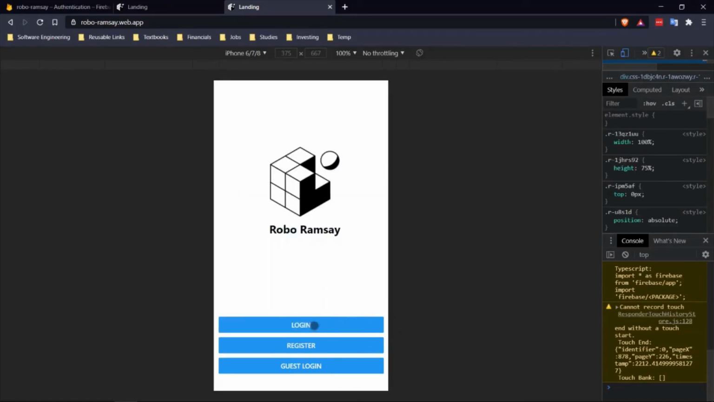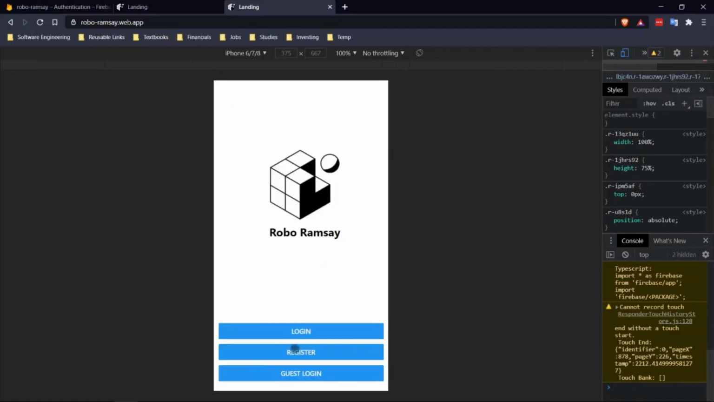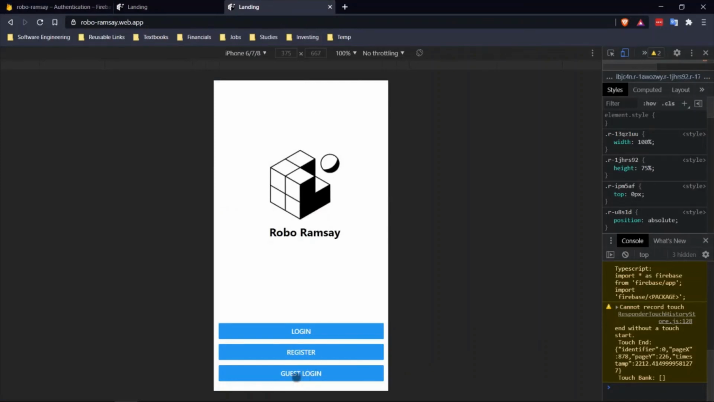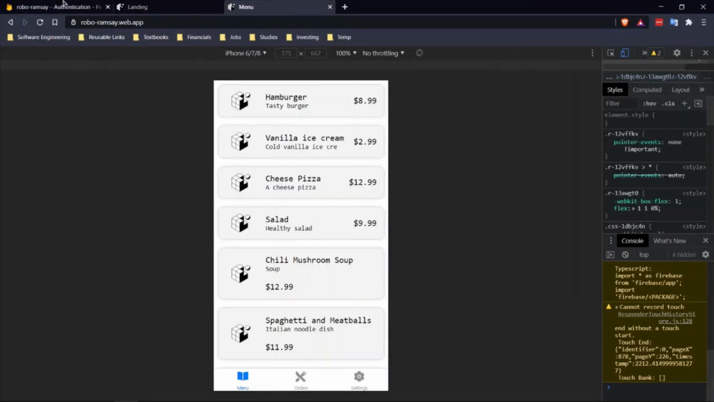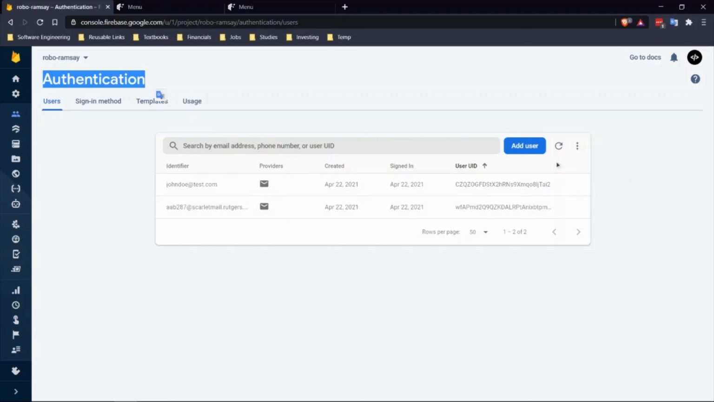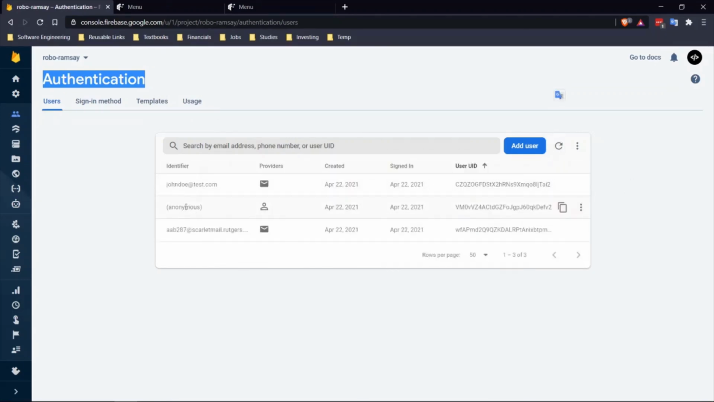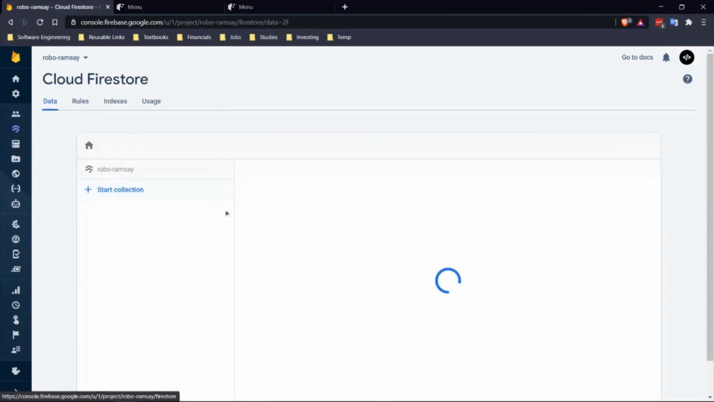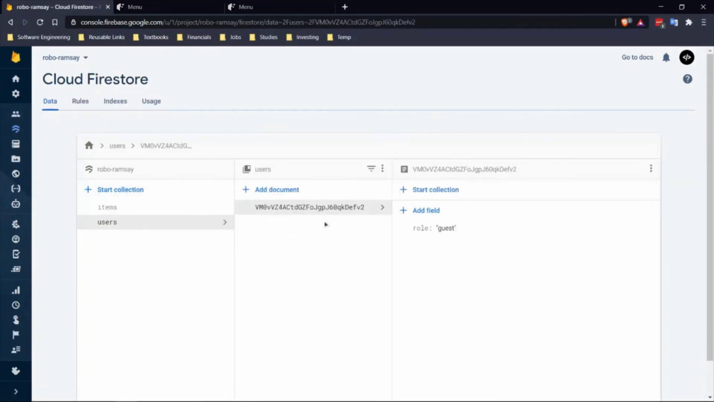From this interface, you have plenty of options for logging in and authenticating. All authentication information is handled in the authentication page of Firebase for RoboRamsey. For example, if you create a new guest account, that data will be added in the authentication page here as an anonymous user, given a user ID. Also, we store that data as a specific user in the users table. The users table will specify that we have a guest role, and that data will be associated with this specific